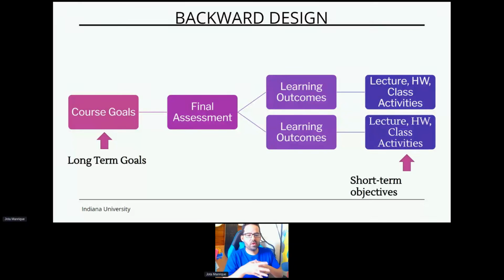The idea of the course goals is to think of the goals that these students have. Now, the only way to know what goals they have, or what goals the course needs to have, is if you actually know the students. I'm going to give you an example, and you're going to help me. Now, starting now,